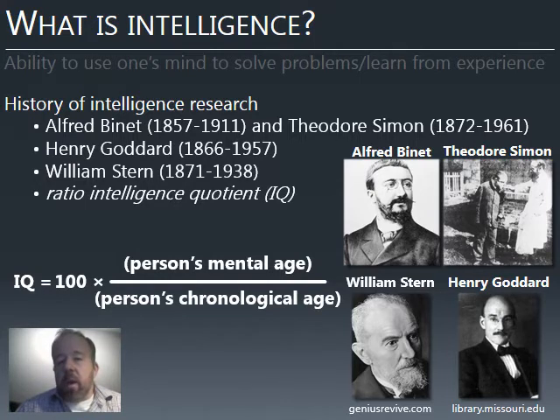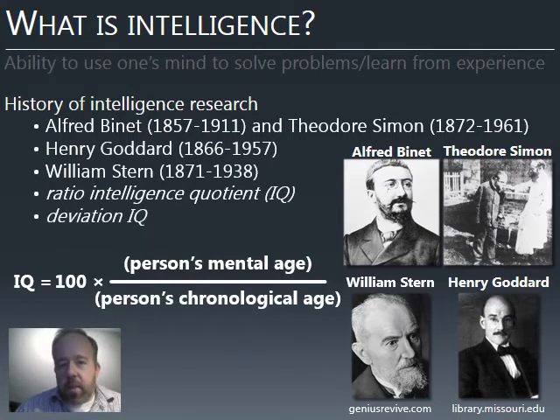Of course, you can have a mental age higher than the chronological age. Say you're physically 10, but your mental age is 12. Well, then you would get 1.2, multiply that by 100, you'd have an IQ of 120. So it turns out this works fine for children. It's not a bad assessment method for children. So again, if a child is 10 physically, but they have the mental age of an 8-year-old, then you can use that intelligence quotient using this ratio. There's a problem though,